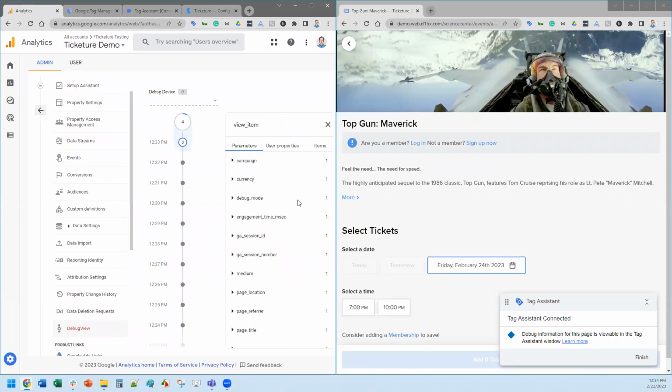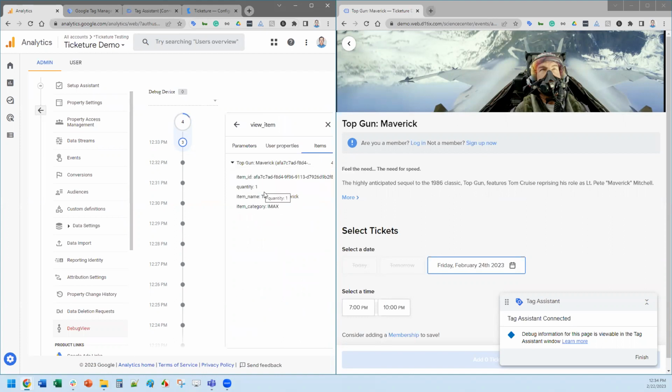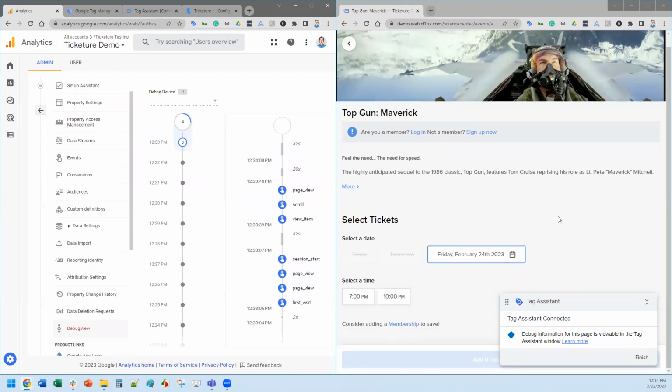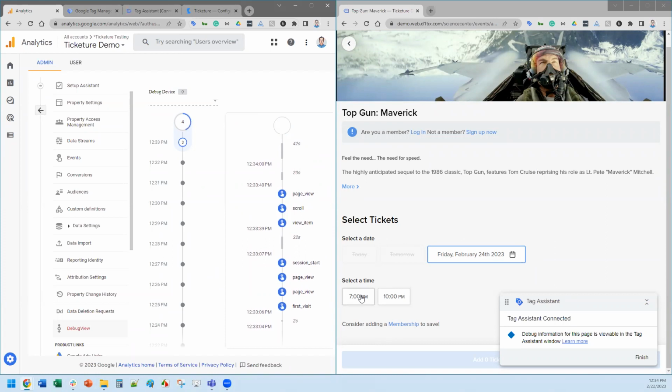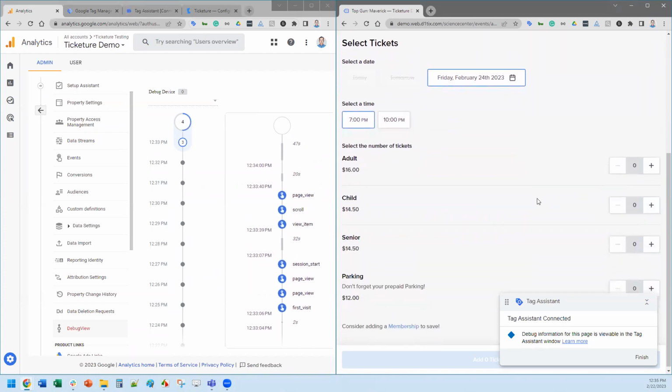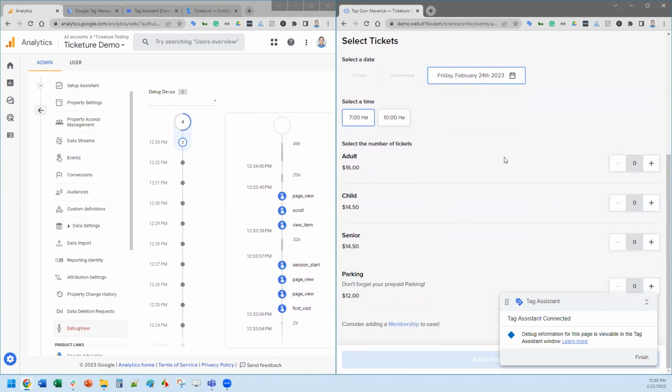So I want to see those two things happening. It received that I got Top Gun, quantity of 1, everything's looking good from that perspective. I then can continue on down the way. You can see that as I scroll around, it'll say scroll. So that's what I'm saying. If you actually wanted to dig a little bit further and see who's scrolling around on my pages a bunch, or who's doing what, when, and where, those types of actions can be consumed and fired.